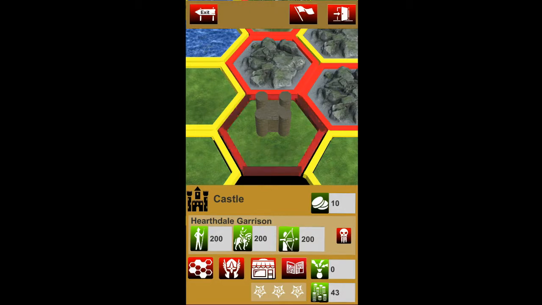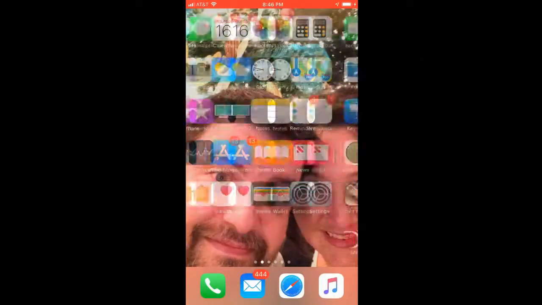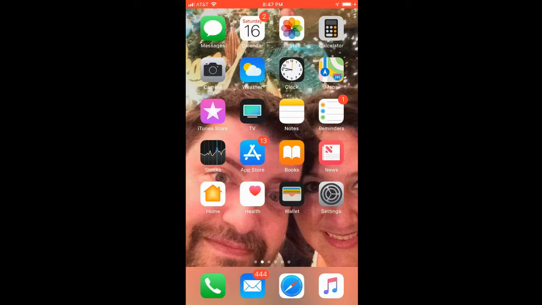Alright, so that's the last 3 features there. I'm going to go ahead and exit this turn and let that fall out. And then what I'm going to do is come over here to my camera because of all of these